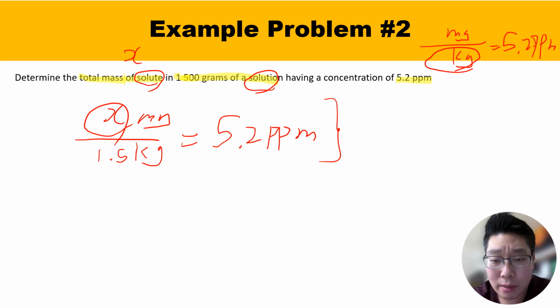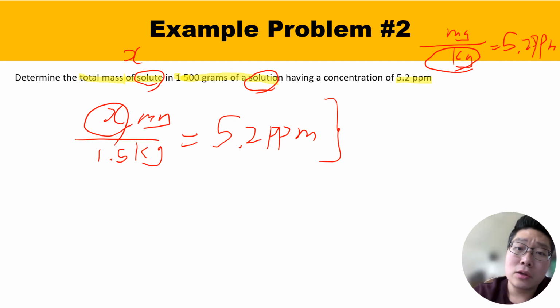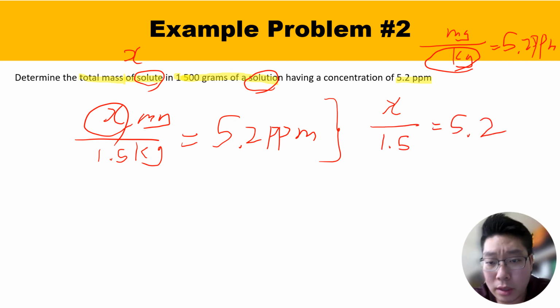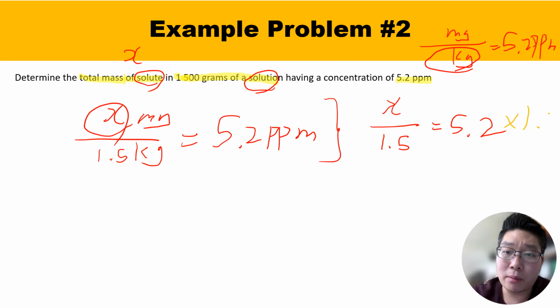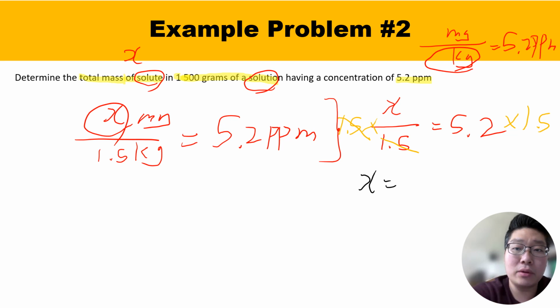Some people get intimidated by this unit. I can tell you this: ignore the unit if you use my method. The only thing you gotta do is this. Isn't that looking familiar? This is like grade 8 and 9 math. You just need to deal with a one-step equation. x over 1.5 is a fancy way of saying x divided by 1.5. So you gotta multiply by 1.5 to get rid of the denominator that I don't want. So x is equal to 5.2 multiplied by 1.5, which is 7.8